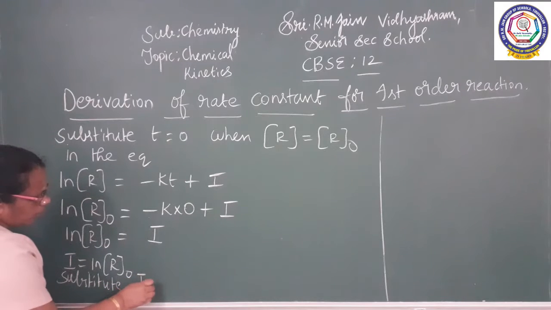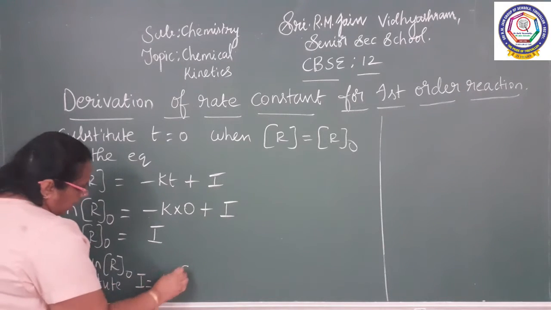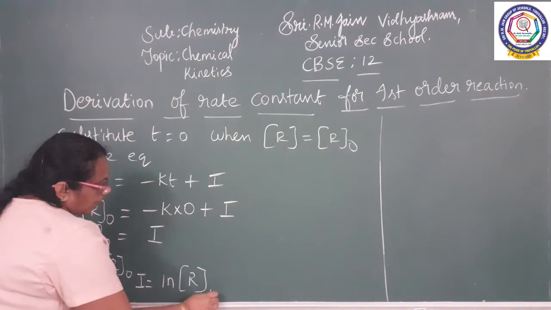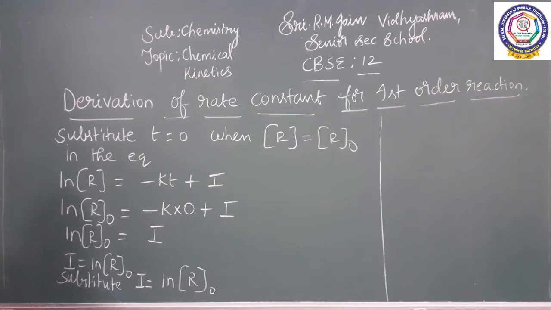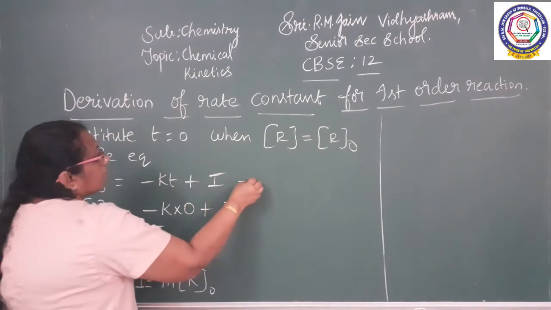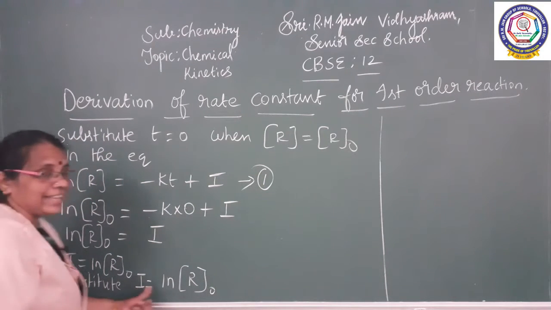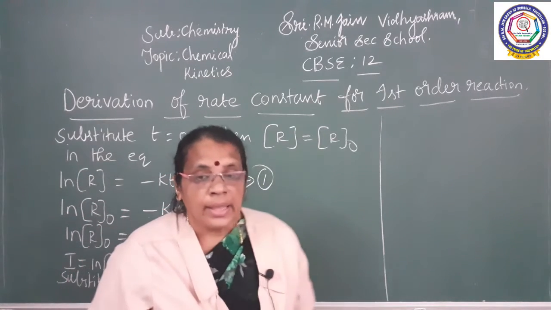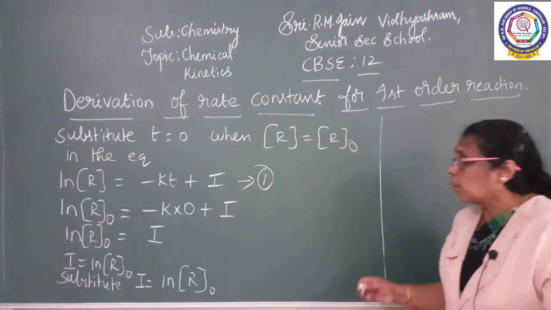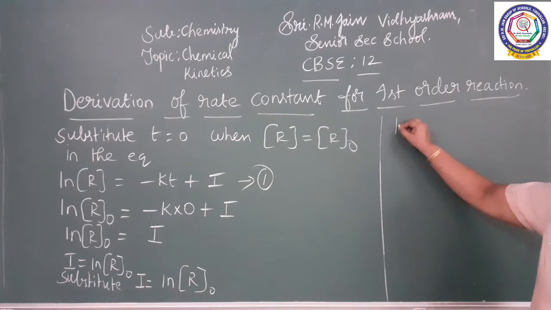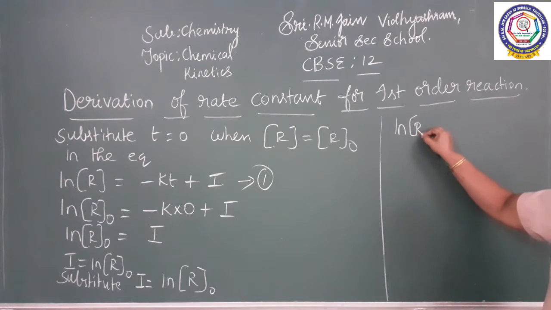Substitute I is equal to ln R naught in equation 1, so that ln R is equal to